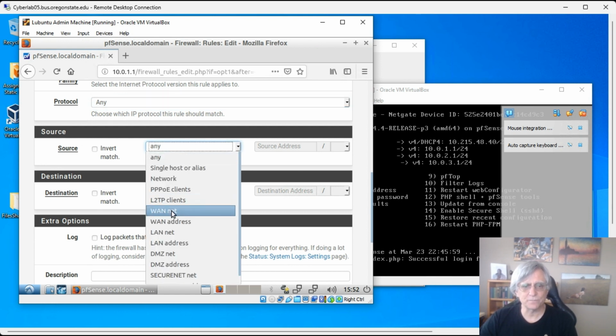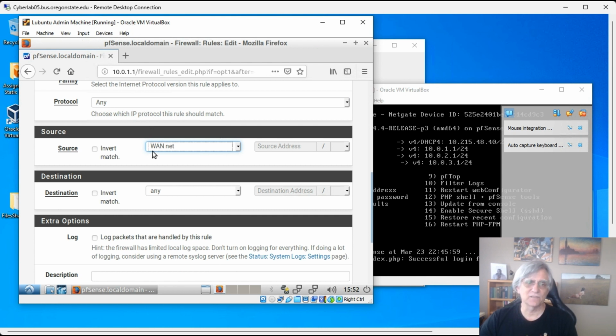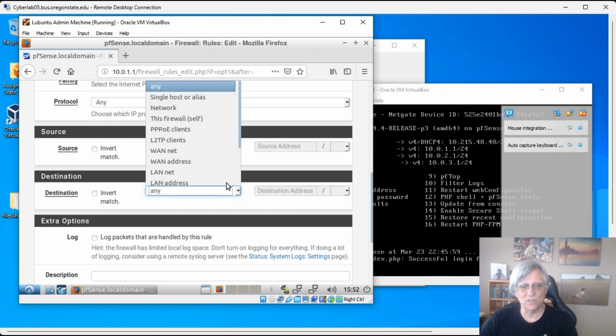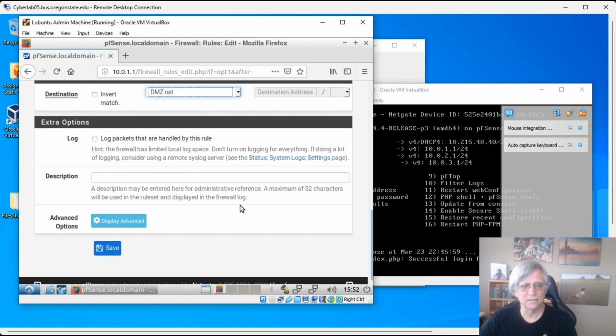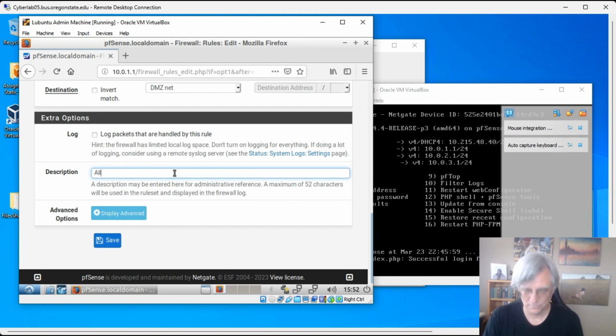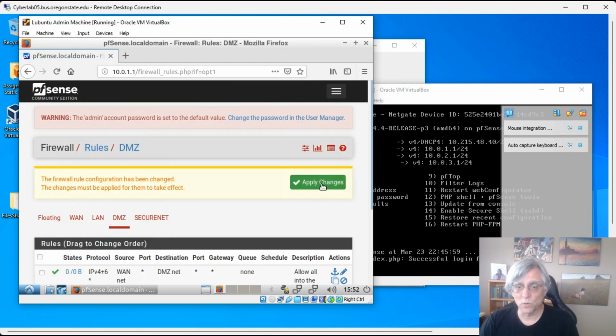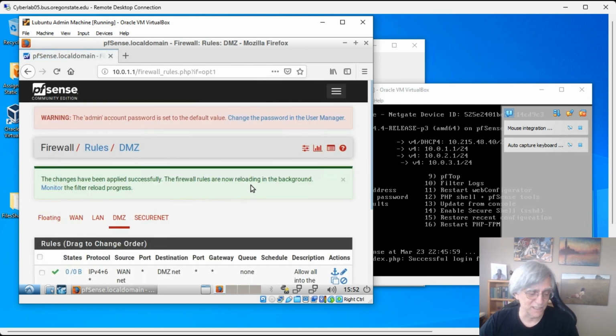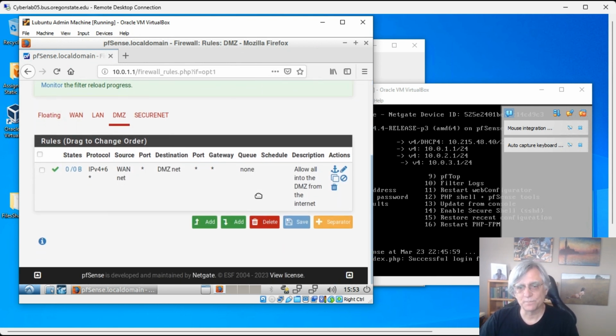And I'm going to say anything coming from the WAN net, that stands for Wide Area Network. This is the network segment that connects to the internet in our architecture. That's going to anything in the DMZ net, we're going to allow. And put a comment there. Those comments are really important as you try to maintain a rule set in an organization. Okay, so now you can see we have a firewall rule